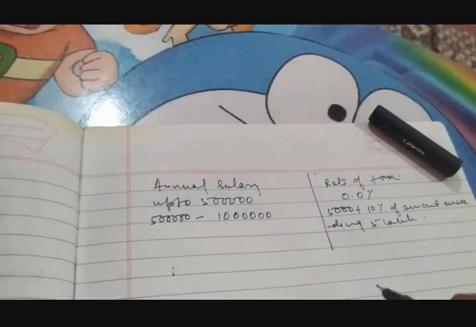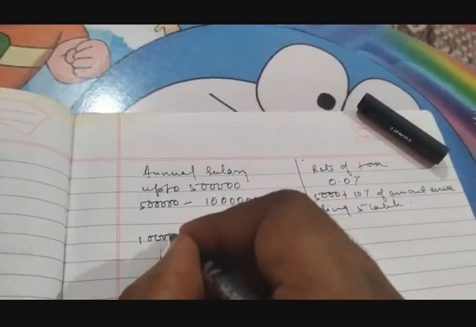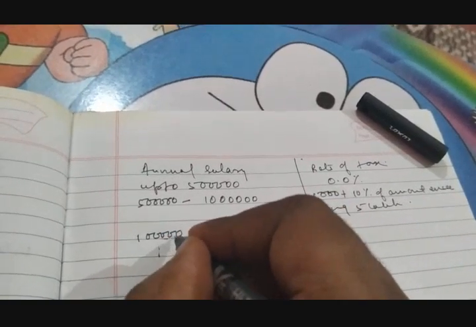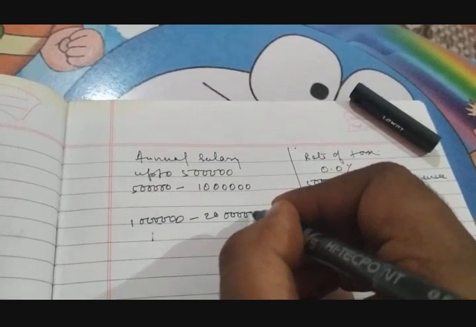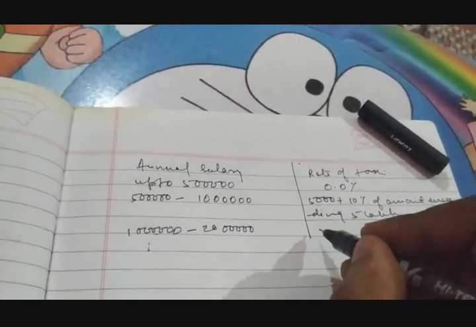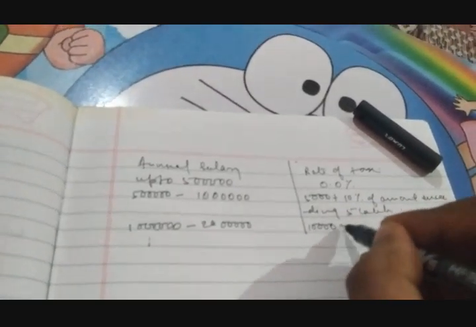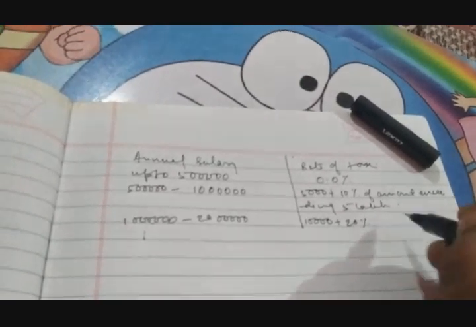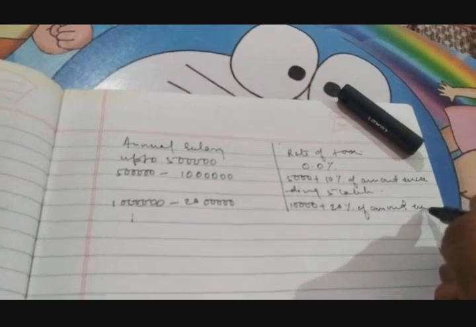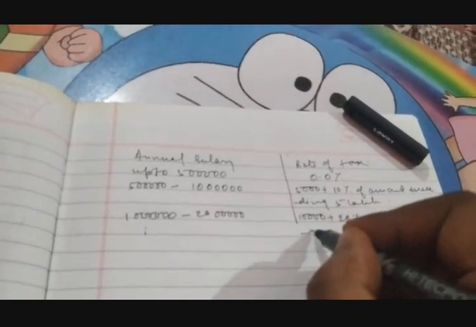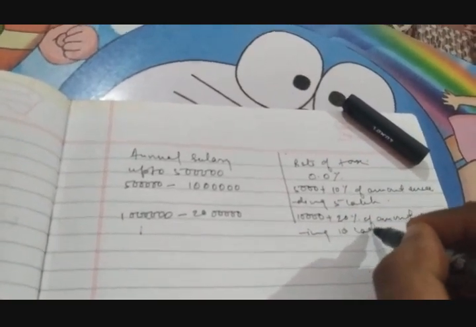Alright. Now 10 lakh to 20 lakh, it's 10,000 plus 20% of amount exceeding 10 lakh. Above